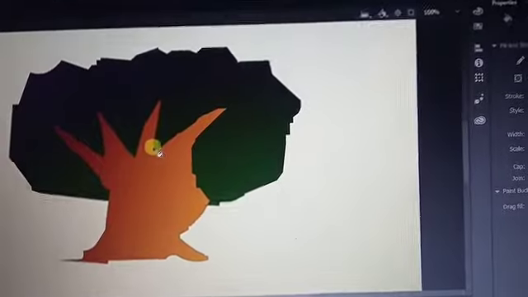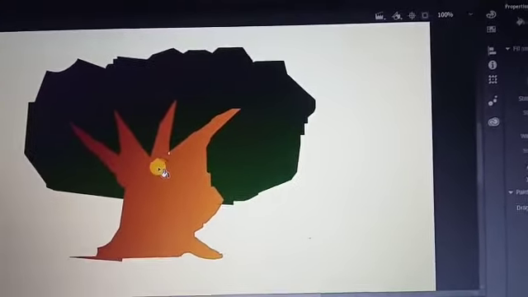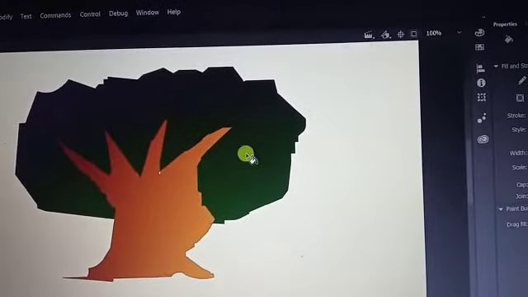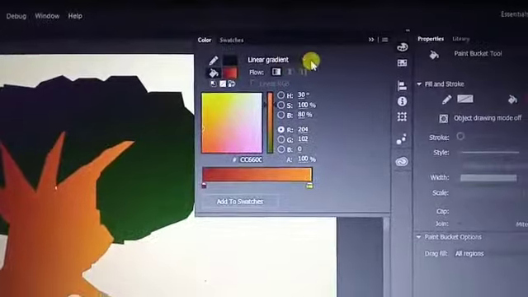You can find multiple colors will be filled inside the trunk. In the same manner we can change and apply the linear gradient again.